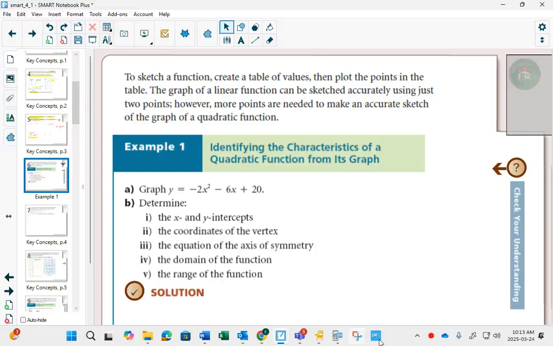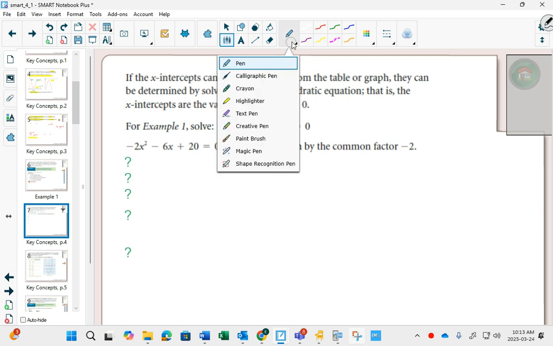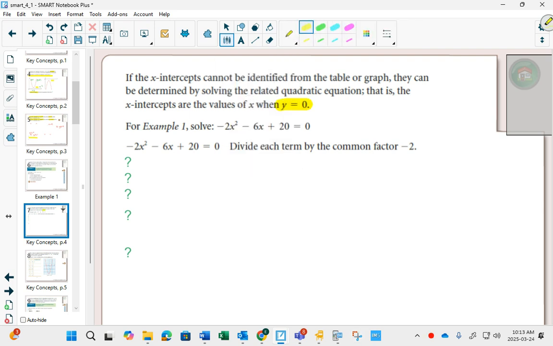We're going to look at some stuff on page 253. It's kind of connected to the example one that they have, but if you're given a graph like y equals negative 2x squared minus 6x plus 20, a strategy to find symmetry is sometimes you can find the x-intercepts or the zeros quickly. And it's as simple as just plug in y equals 0, and then all of a sudden